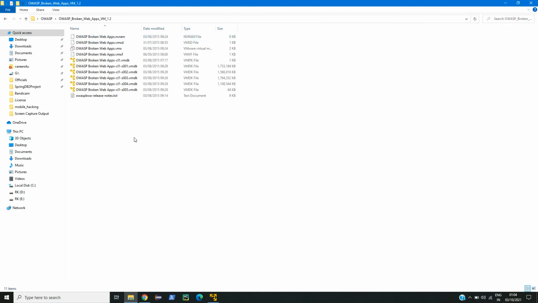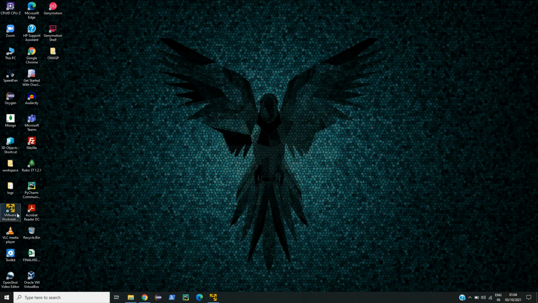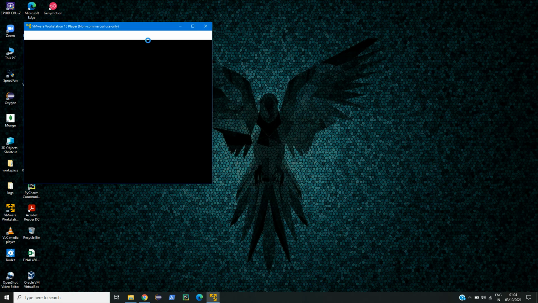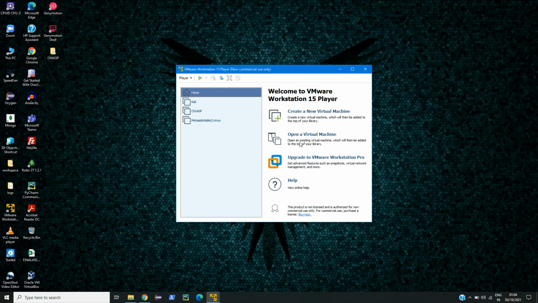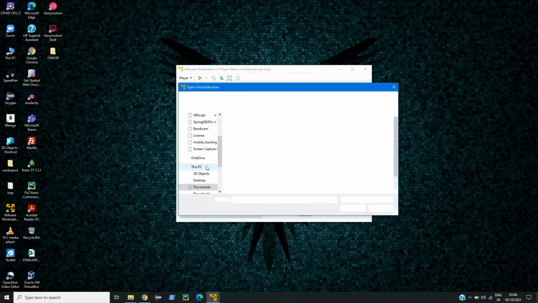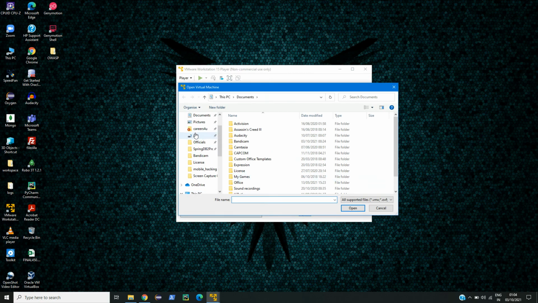vulnerable web application. Now what I am going to do is I am going to open my VMware virtual machine. Here I am going to click on open a virtual machine, and now I will select that OWASP unzipped file.